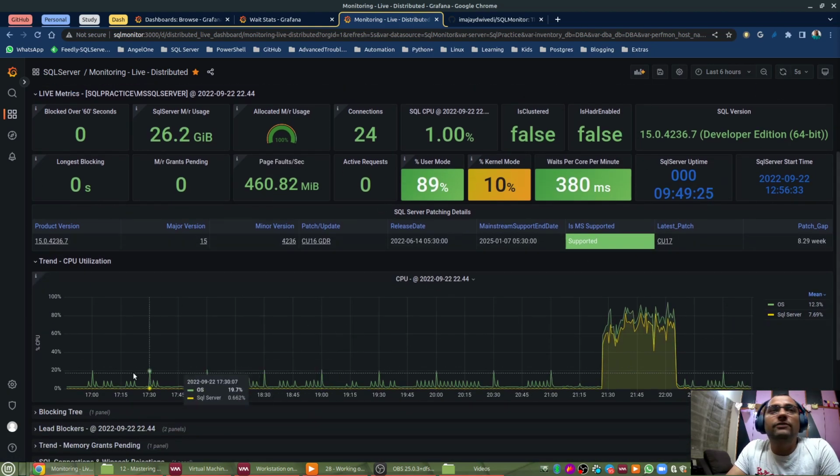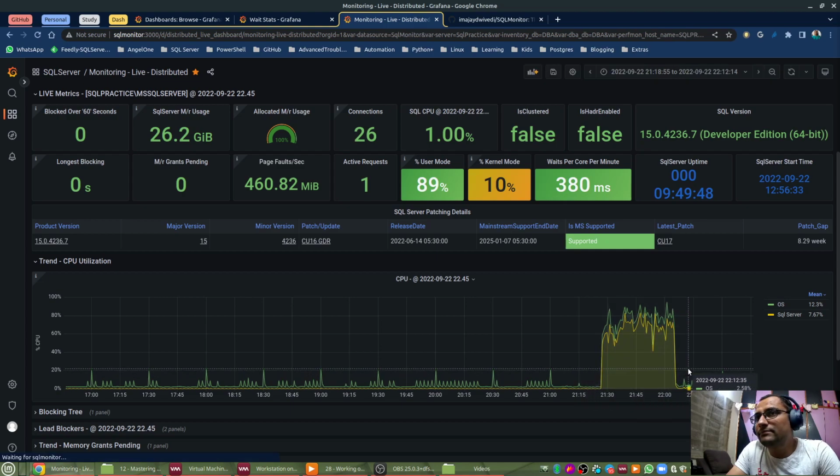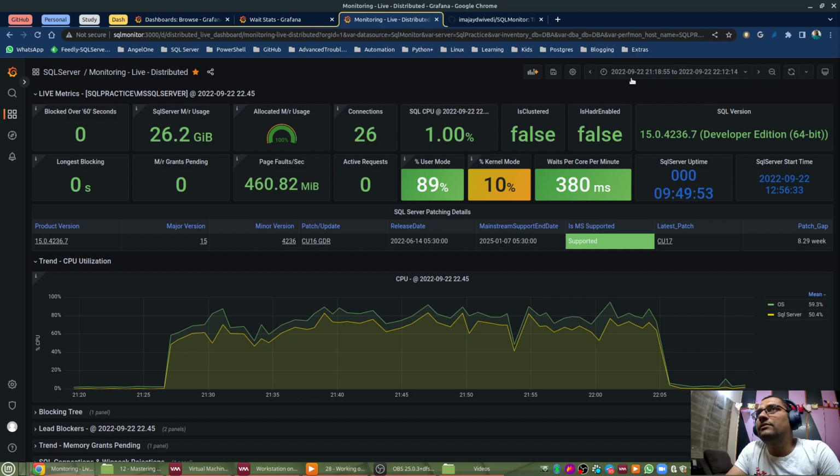I am more interested in finding out when there was an outlying CPU utilization which does not seem to be normal. So you can see here on this SQL practice SQL server instance, CPU was high, at least it was way above the normal values during this time frame. So I am going to select this time frame here, and now I can see the time frame that I am interested in is 9:25 PM